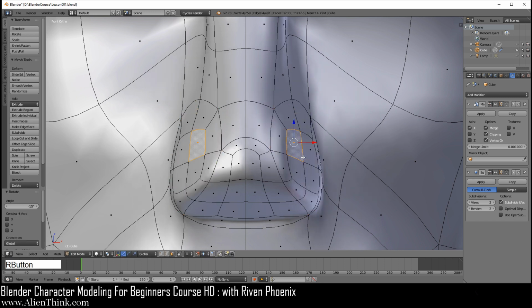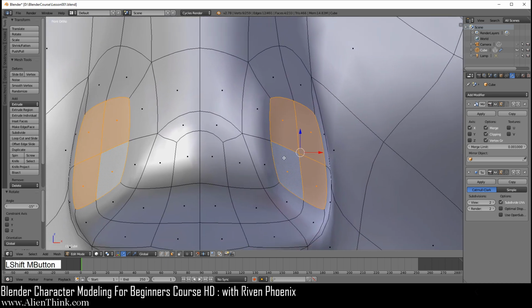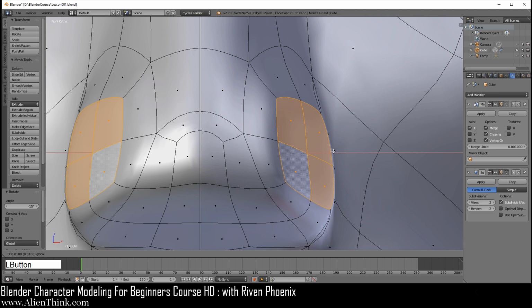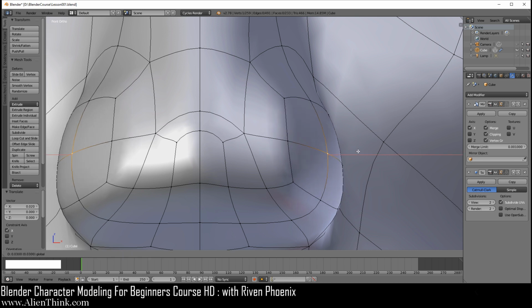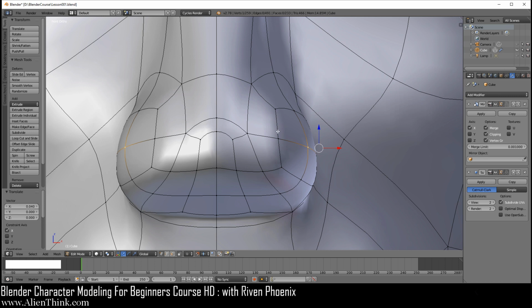Go ahead and select this, shift key down, select. I'm going to zoom in just a bit more. And now I'm going to do 1 and then 2. I'm going to switch to this vertex mode. Click on only this vertex, do 1, 2, and then 3, and then you can do 4 or 3. It doesn't really matter. This is really just a nose over here.